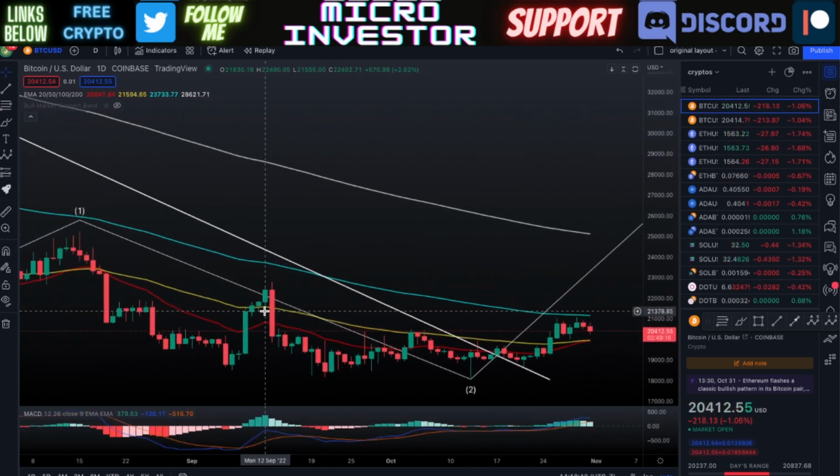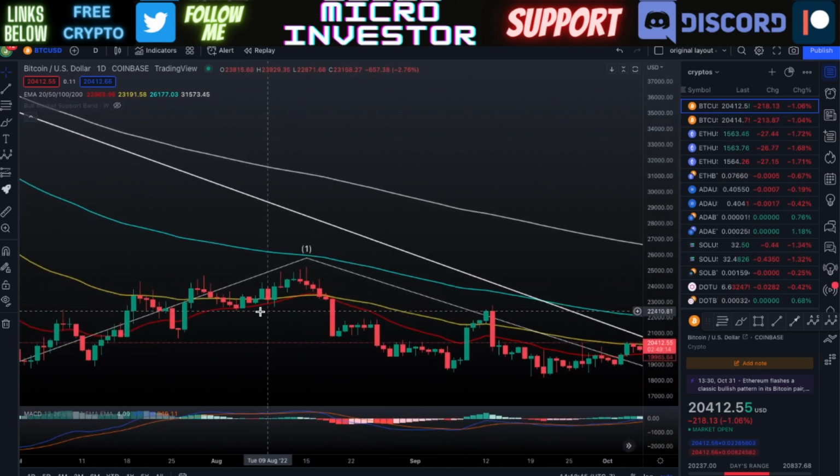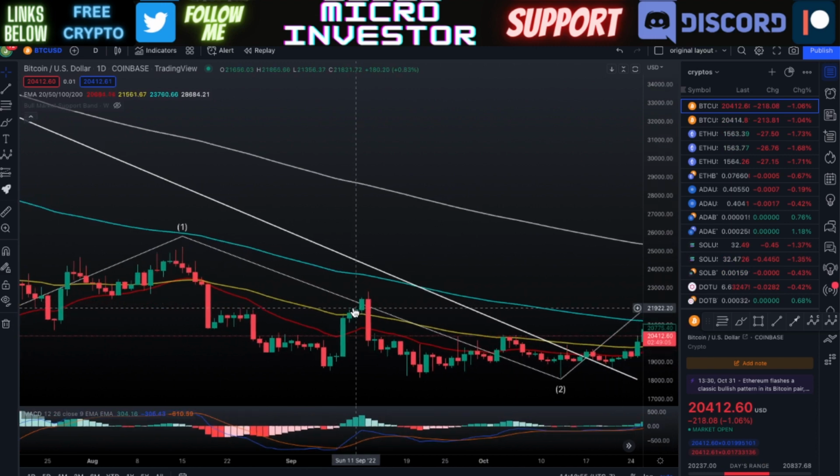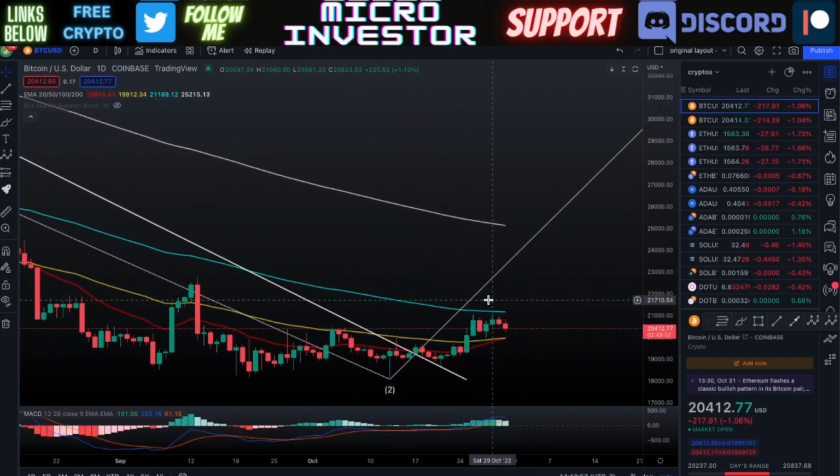And also worth mentioning here is when we look at Bitcoin, how it had this run here within this wave one, it didn't surpass that 100-day moving average. So that was an area that we had of resistance with it. And so when we had this retracement, this retest here of trying to break through that 100-day moving average, this could be very, very bullish for Bitcoin if it breaks through that and we see that price go up a pretty good amount. I think it would most likely easily break through that Fibonacci level that we need to be getting over, that $25,000 price, and take us right up into that 200-day moving average, if that was to be the case.